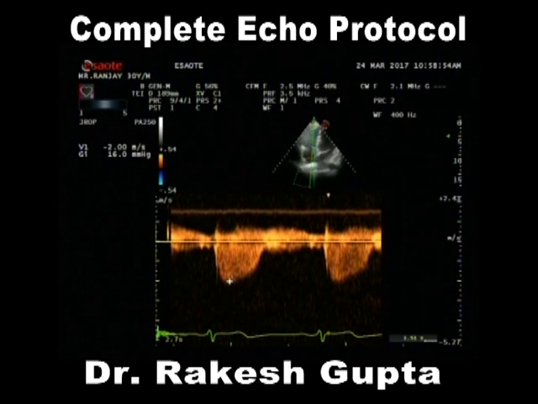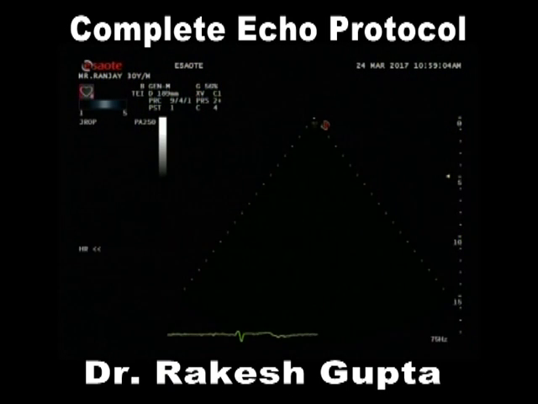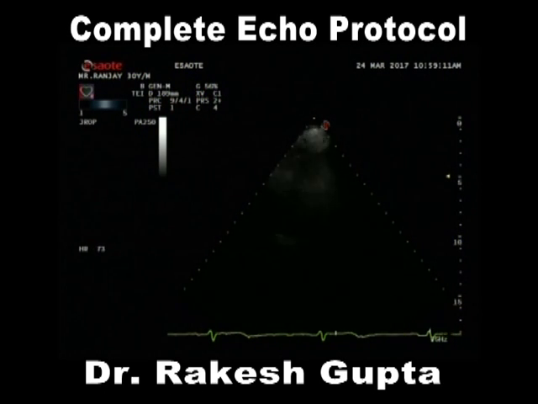So, it is impossible that you do not see a TR gradient. It's practically every person. The only thing is you have to spend time to look for a TR gradient. So, this is the fourth window where we see a TR gradient. And once we have seen this TR gradient, two more things we need to look at in this particular subject